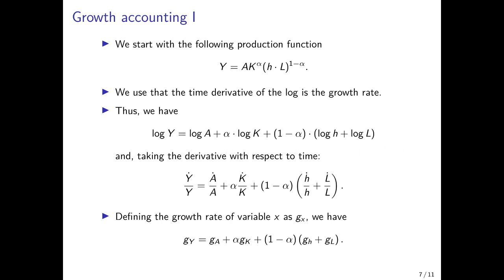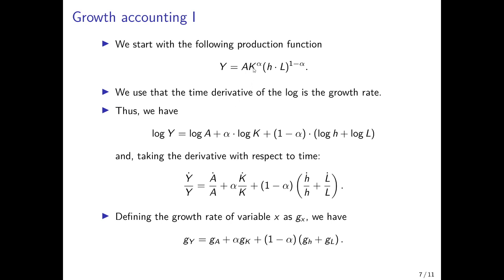If we take the logarithm first, we get the logarithm of output is the logarithm of productivity plus alpha times the logarithm of physical capital input plus 1 minus alpha times the logarithm of individual human capital plus the logarithm of the number of workers. So that's easily done. And if we take the time derivative afterwards, that's also easily done. We get the growth rate of output on the left-hand side, which is then the sum of the growth rate of productivity